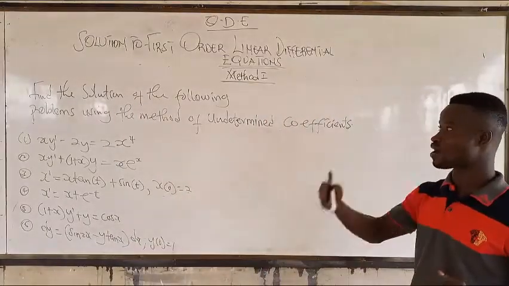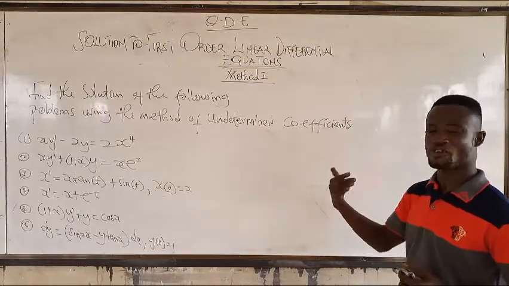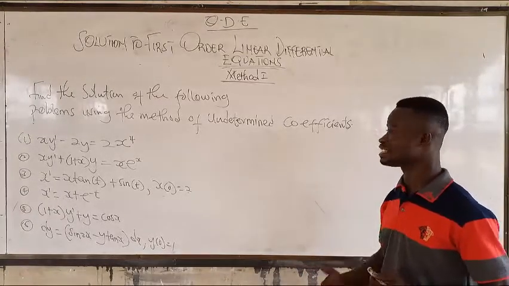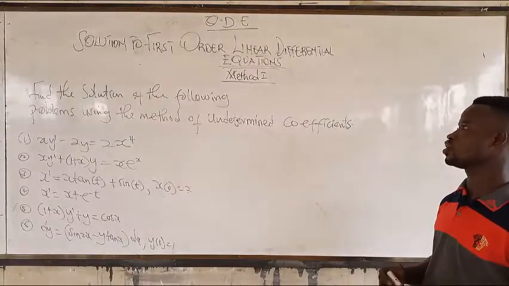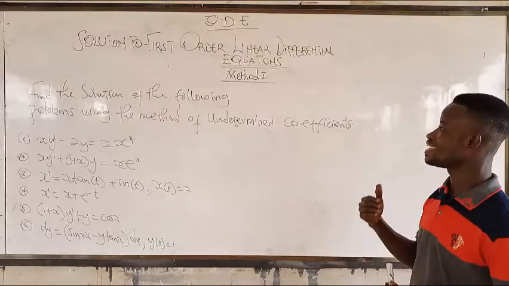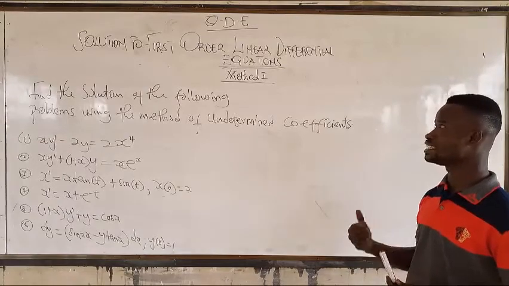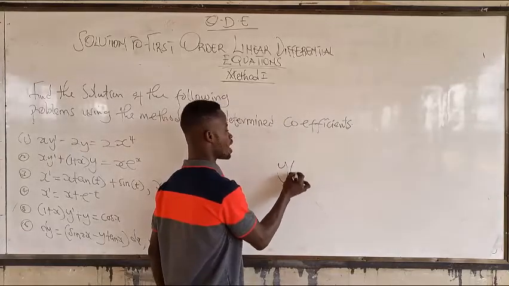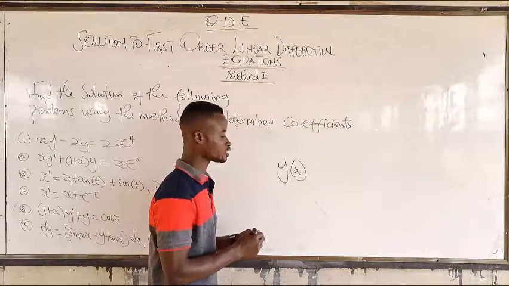And even we have a higher order. And that one is for second order, but this method of undetermined coefficient is for first order linear differential equation. So please don't forget that. So this is that of the first order linear differential equation. That is when you are going to find